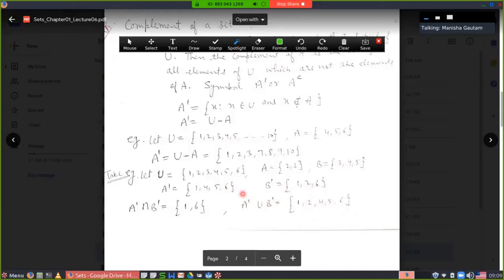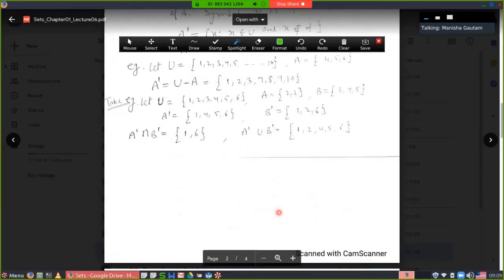6 is a repeated element, write one set. This is the set A complement union B complement. Now next,